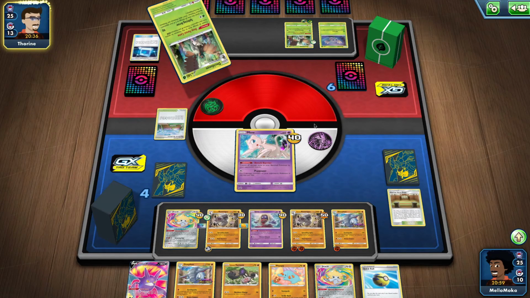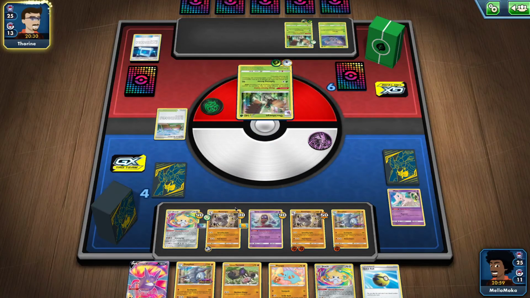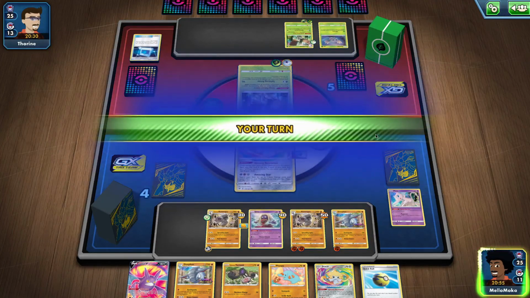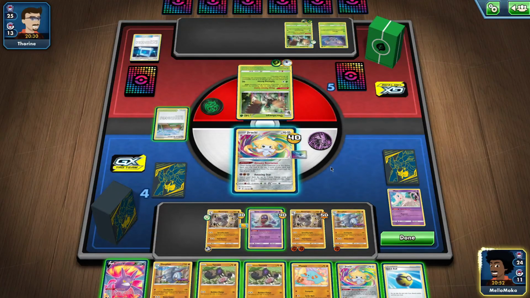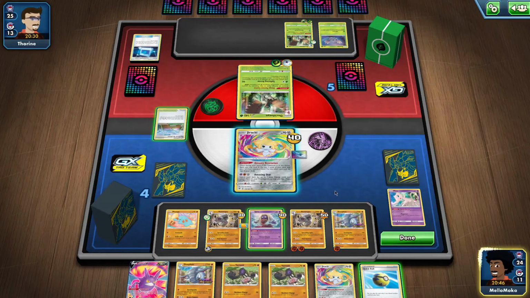I actually think Boss on my Mew might not be correct, considering... I mean, I guess I can Jynx the damage off, but eventually, Jynx can't really keep up with all this damage by itself. I'm gonna go up to 60. So I think I need to move the damage counters off my Jynx, right? Then I put 60 there, and he goes up to 80. So I actually can't do that, so...